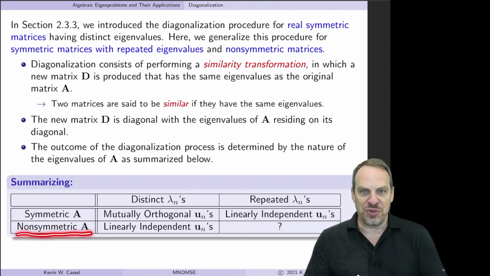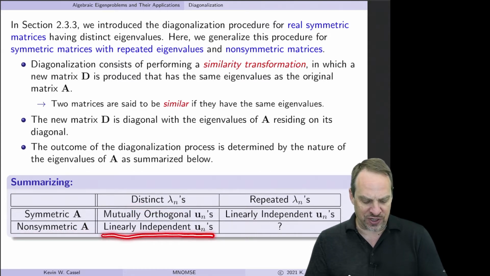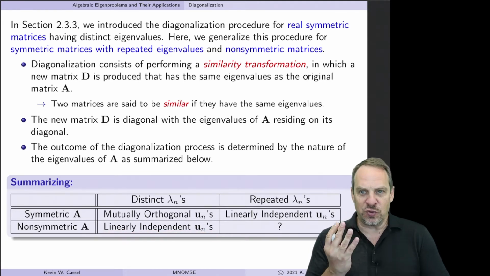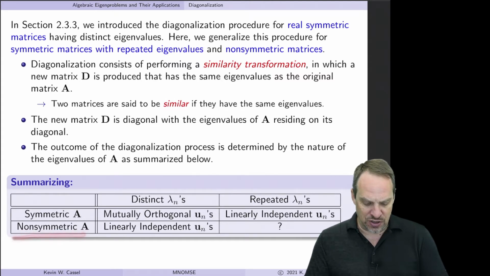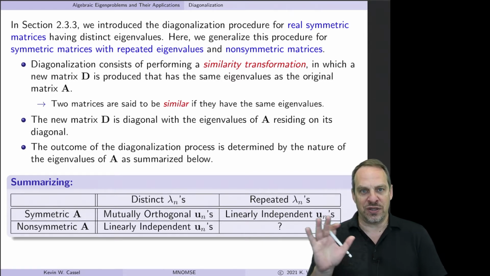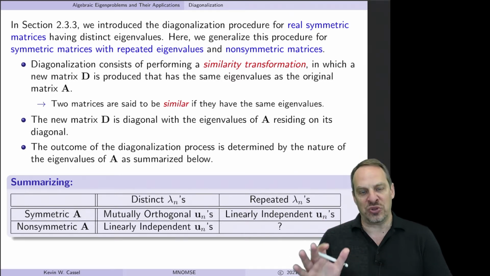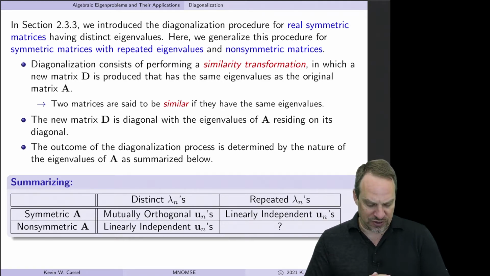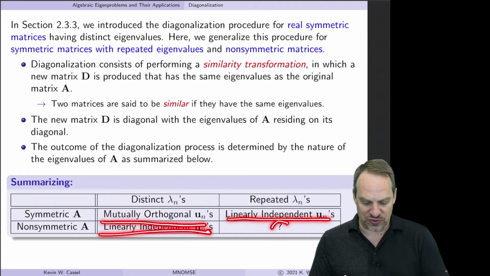Similarly, for non-symmetric matrix A with distinct eigenvalues, we can also prove that the eigenvectors are linearly independent, not orthogonal in general, but linearly independent. The fourth possibility is if we have a non-symmetric A with repeated eigenvalues, and in that case, we cannot say very much about the eigenvectors. In fact, this diagonalization process is going to break down a little bit. We'll talk about that in the next video to see what happens there. It almost diagonalizes. In that case, we get what's called the Jordan canonical form, which is not fully diagonalized. So we're really going to focus on these three cases for now, and then we'll talk about this fourth case